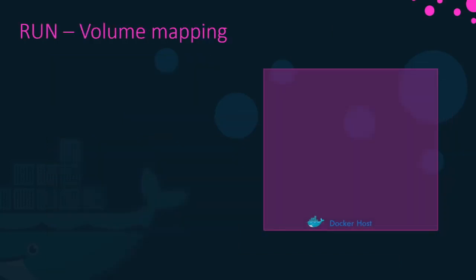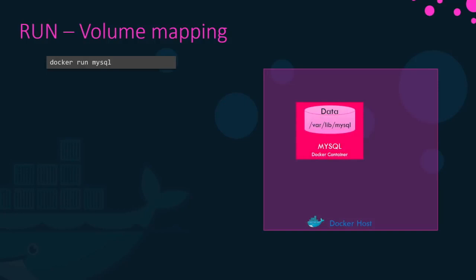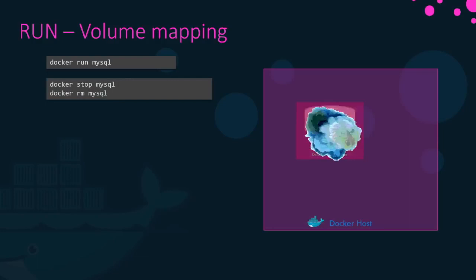Let's now look at how data is persisted in a Docker container. For example, let's say you were to run a MySQL container. When databases and tables are created, the data files are stored in location /var/lib/mysql inside the Docker container. Remember, the Docker container has its own isolated file system, and any changes to any files happen within the container. Let's assume you dump a lot of data into the database. What happens if you were to delete the MySQL container and remove it? As soon as you do that, the container along with all the data inside it gets blown away,